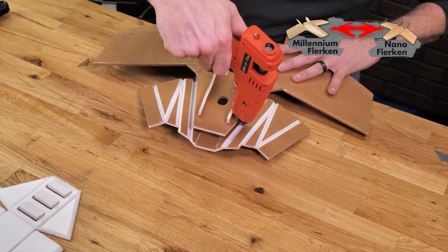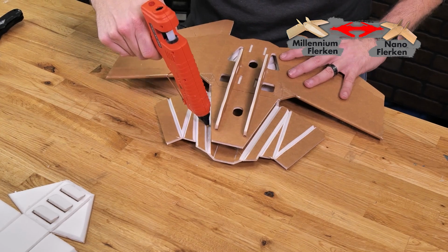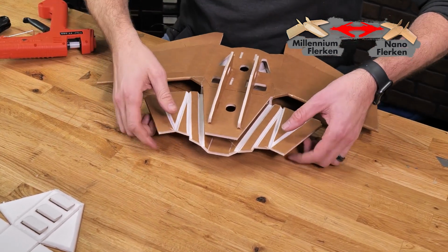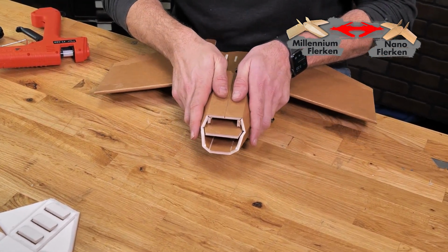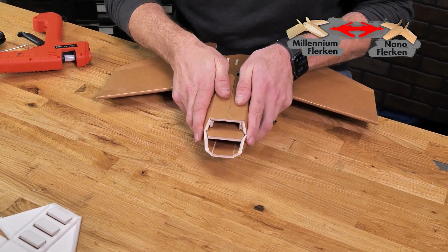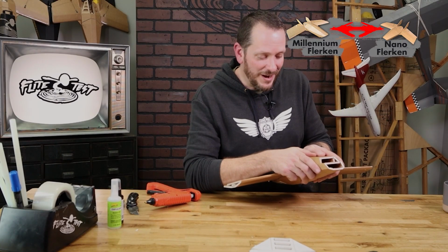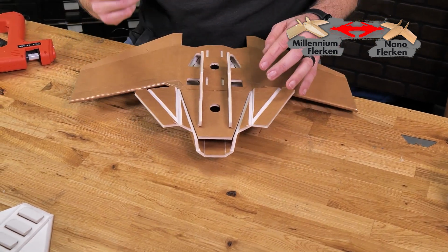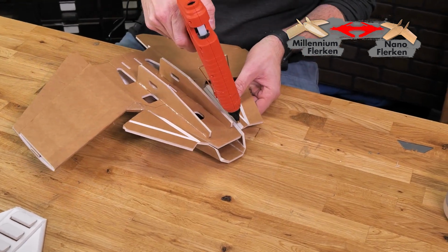Just like everything else, I like to start and stop a 1/4 inch from the edge. And we'll fold that up into place. And every time we do that, we want to bring this back in and join it up just like it's a complete piece to get the proper angle. We're going to give this about 30 seconds and then we'll repeat that process again. And these two seams here, we can either put a very thin piece of glue or we can come back later here. I'll go ahead and just put a really thin piece of glue,